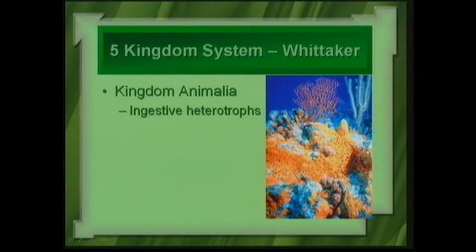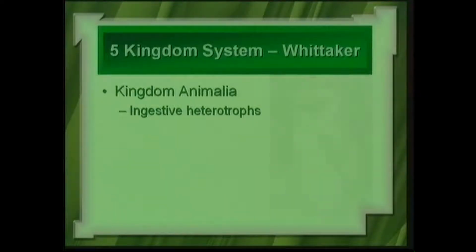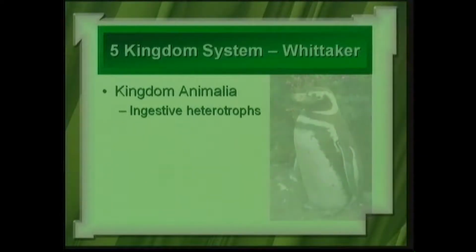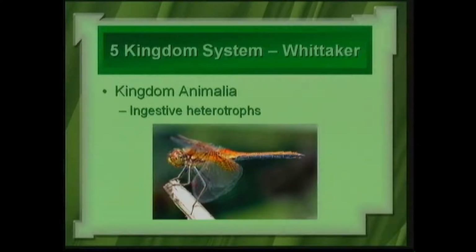This image is a reminder to us that a lot of different kinds of animals are actually what we call invertebrates. Corals and sponges don't have backbones, so they're not chordates. But we tend to see mostly animals with backbones just because we happen to be animals with backbones, so we definitely have a bias. So here's an animal with a backbone. It's hard to remember that penguins are actually birds, in a group called the Aves, or birds. Here we also have another kind of invertebrate, and this is an insect,